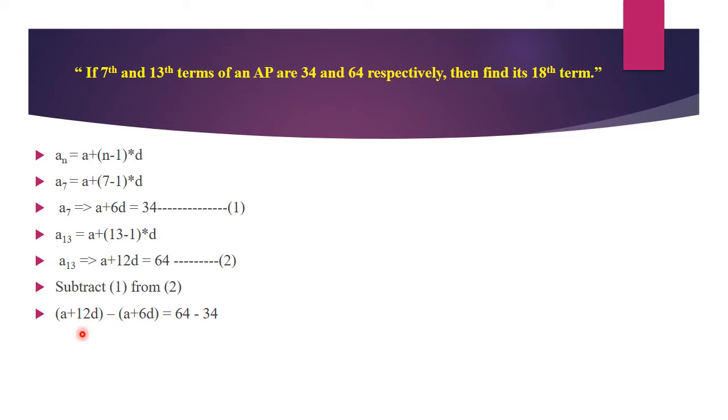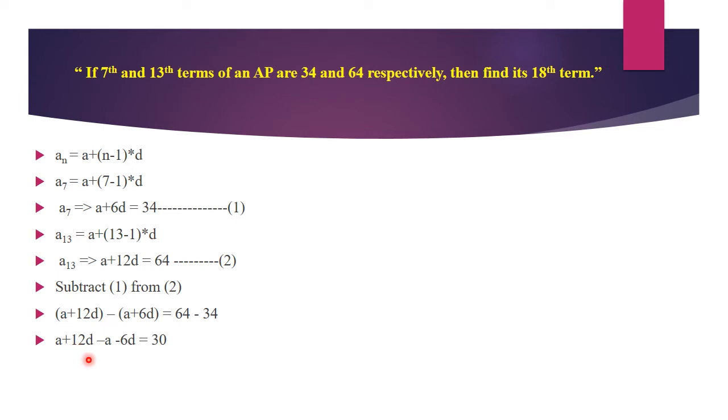A plus 12d of the first equation minus of the second equation minus a plus 6d of the first equation. That should be equal to 64 of the second equation minus 34 of the first equation. So when we solve this, when I open the bracket here, it will give me a plus 12d minus